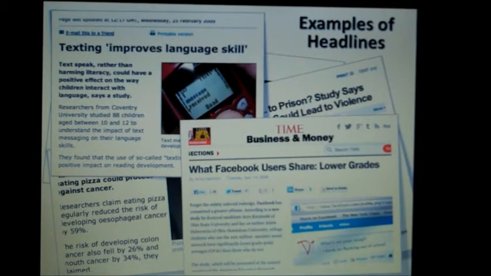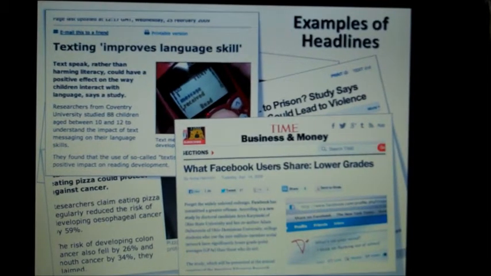And finally, what do Facebook users share? Lower grades. According to this article, right, using Facebook is going to cause you to fail your classes, think you're flunking out of school. Again, there are probably other things happening here, right? How are we defining using Facebook? What do we mean by lower grades? Are there third, fourth, and fifth factors that might also play a role in this headline? But this is a very common thing that we do in the media. Take an idea that's probably purely correlational in nature and present it as something very causal. So always have a little bit of caution and be a critical consumer of the information that you see in the media.